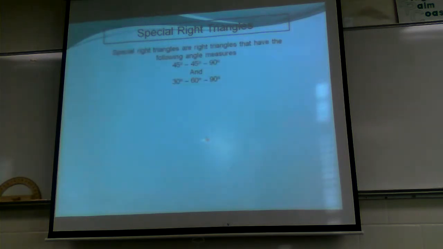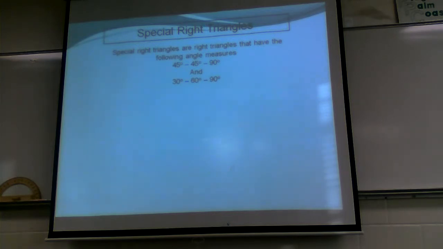First thing, all right. These things are called special right triangles because when certain angle measures pop up, the sides are going to be in a ratio. They're a set ratio all the time. So that means that I can set proportions up to find these side lengths. And like I said, that's the main focus, being able to take a right triangle and find